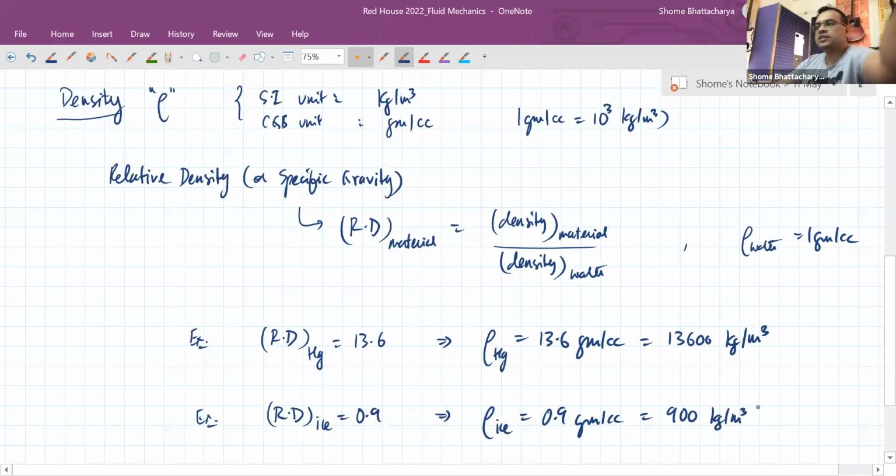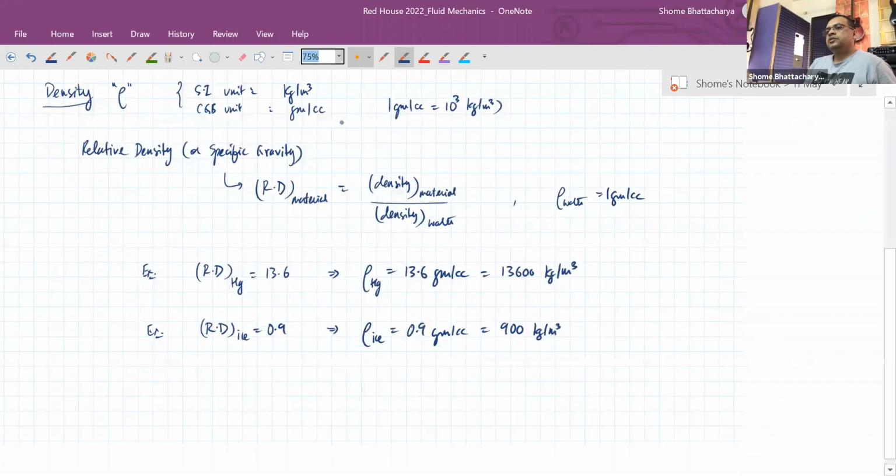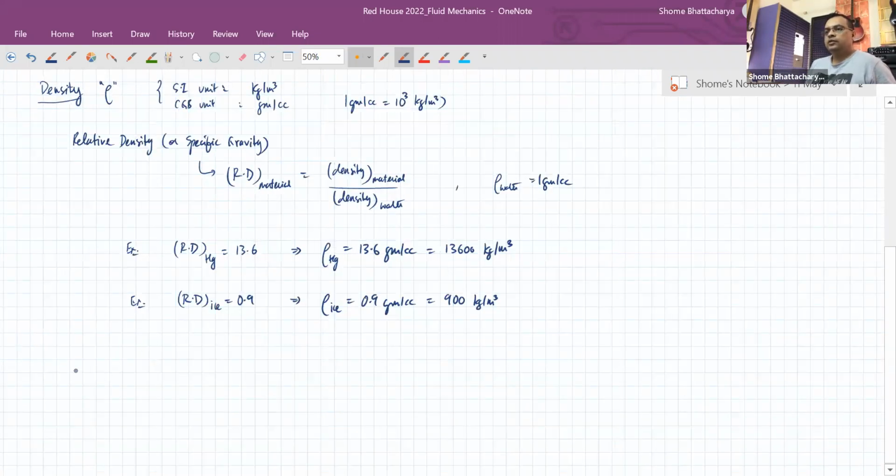Something that we discussed in heat transfer also, that strange phenomenon of anomalous expansion. The only known substance for which the solid state has a lower density than the liquid phase, and therefore it floats in the same material's liquid state. You know that. So density is one important property of any fluid. Obviously we're dealing with an ideal fluid, so we'll assume that in any body of fluid which is in static equilibrium or at rest, the density is a homogeneous property, uniform throughout the body of the liquid.